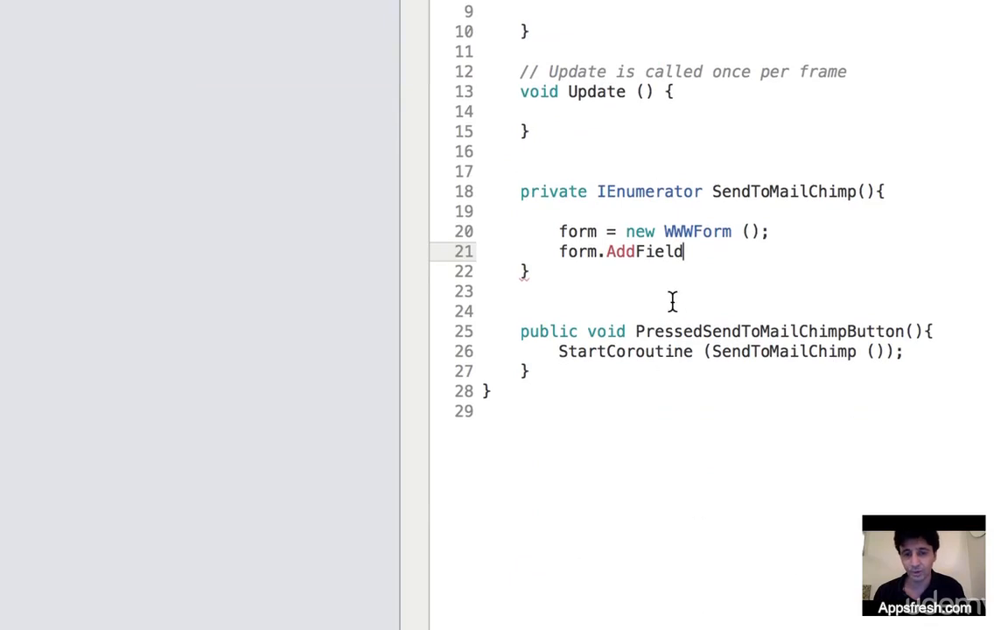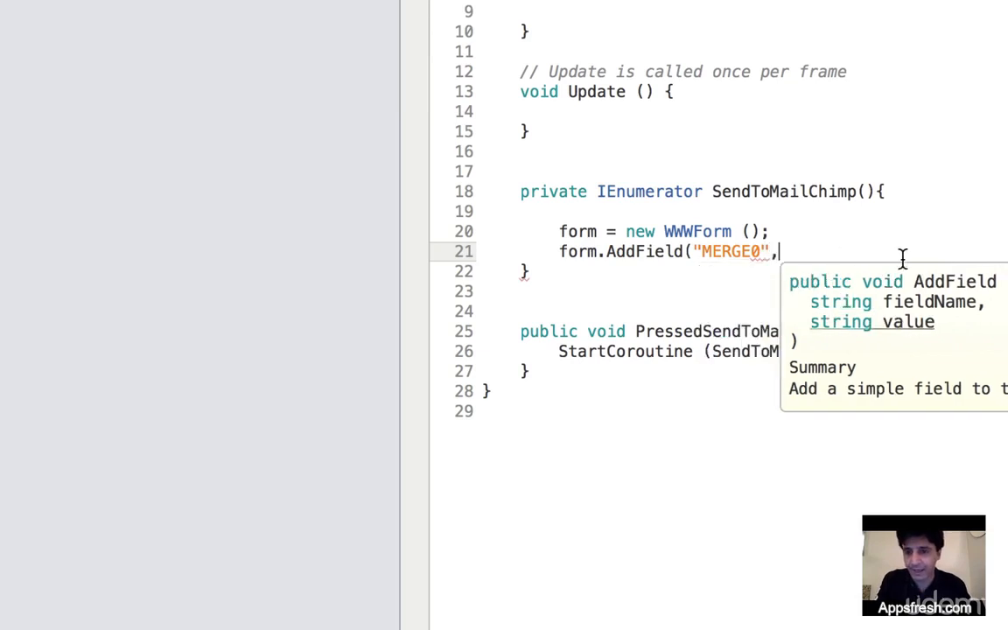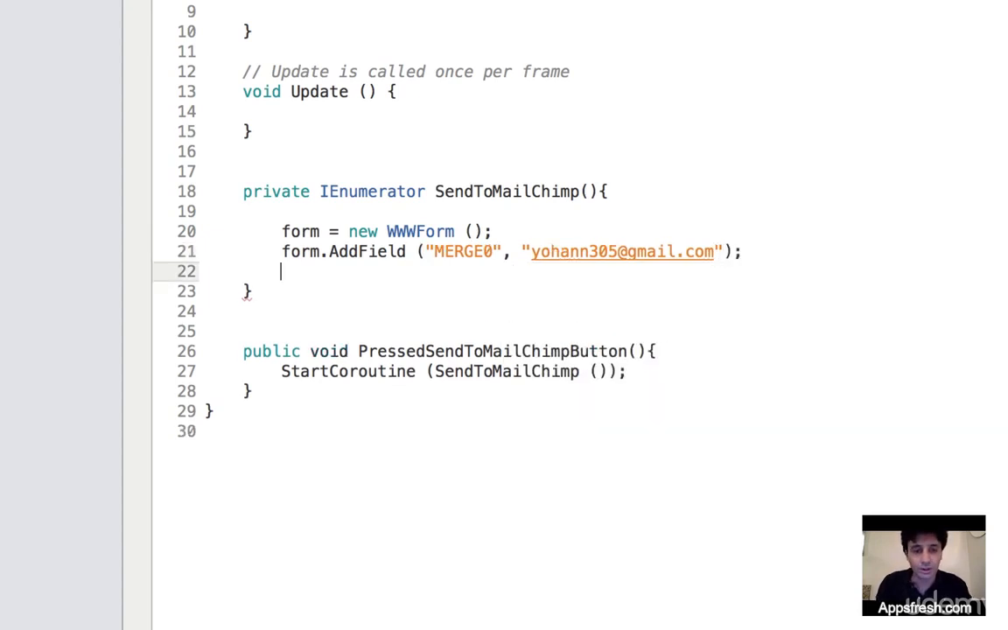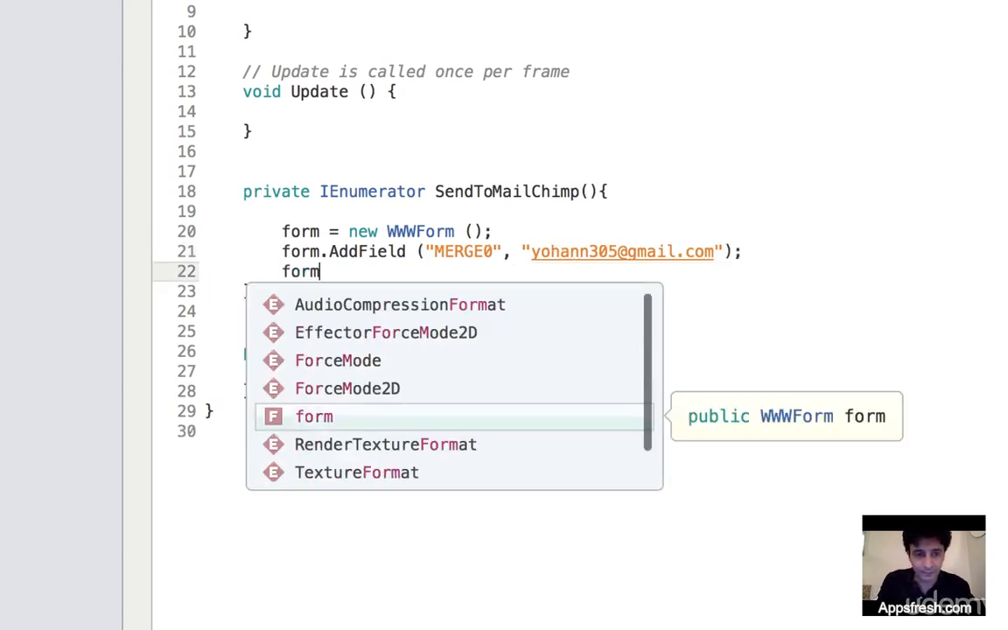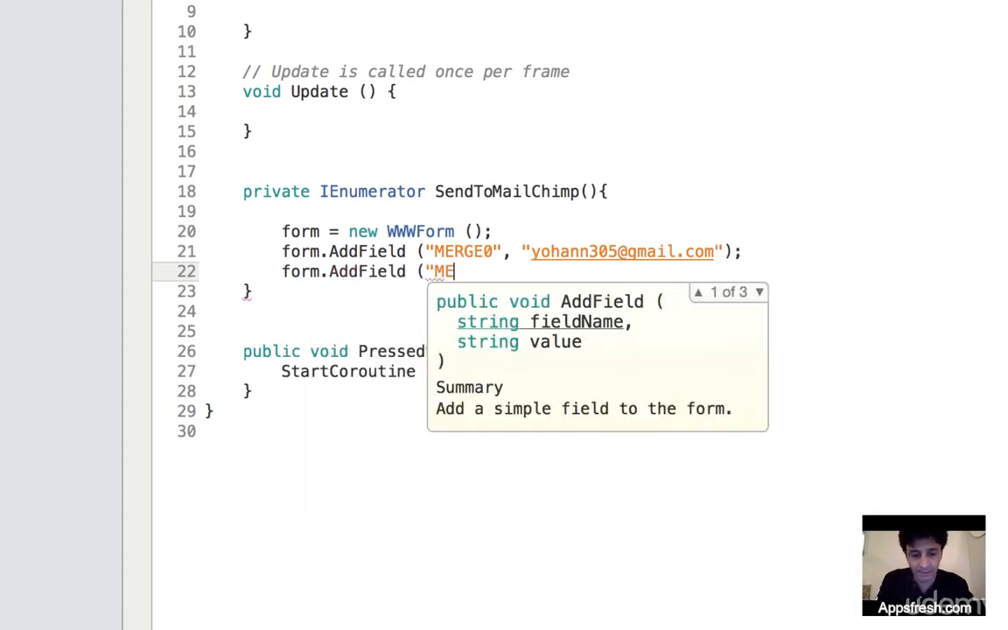So I'm going to do add field, and the first field will be merge 0, which is the email address. I'm going to say merge 0, and the email would be, let's say, I'm going to call this one johan305@gmail.com. All right, and then I'm going to do the first name, form.add field, and I'm going to say merge